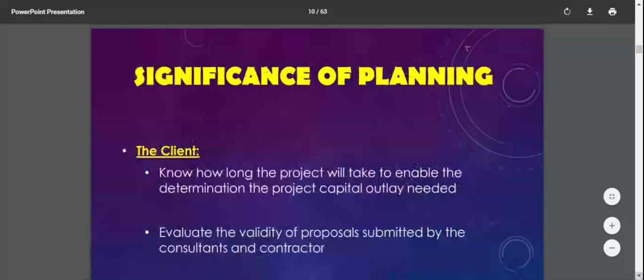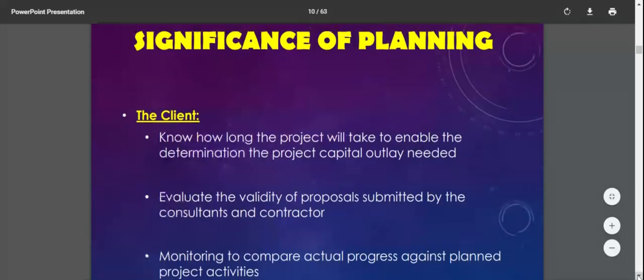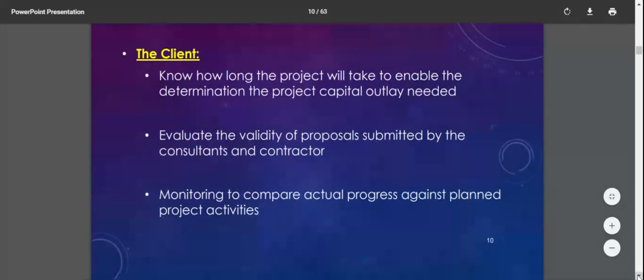In terms of the significance of planning, we have the client. This is the most important party in construction. Otherwise, you won't have a project, because if you don't have a client, you don't have a project. The client knows how long the project will take to enable the determination of the project capital outlay needed, because the client is the one who puts the money into the project.